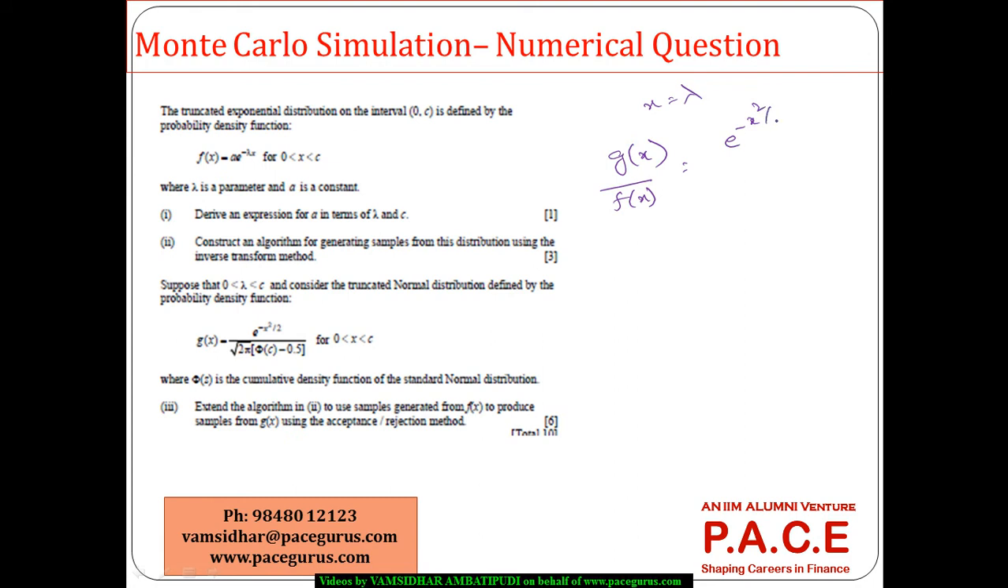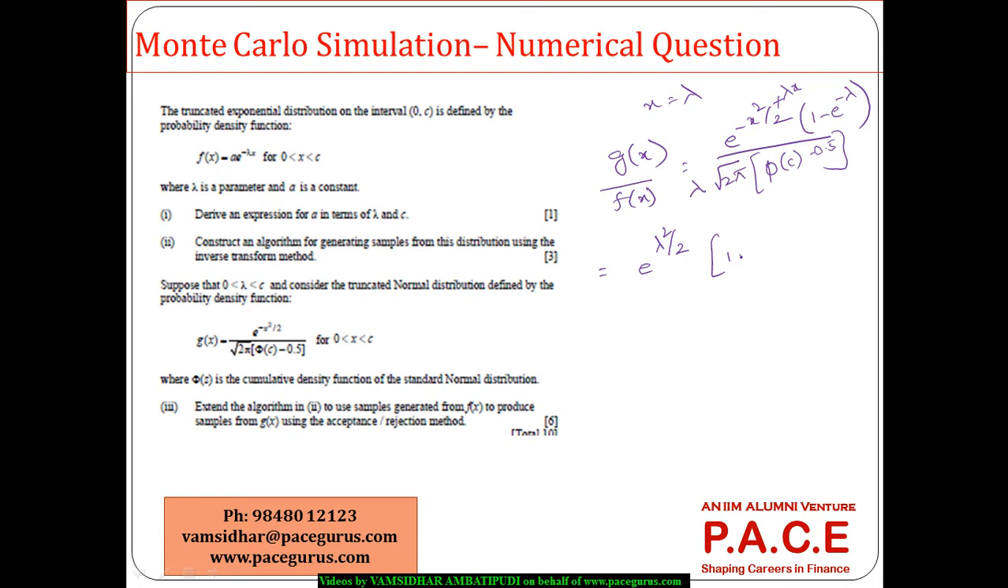e power minus x squared by 2 divided by square root of 2 pi times phi of c minus 0.5, and by f of x, a e power minus lambda x. So a is already known, lambda by 1 minus e power minus lambda, e power minus lambda x, probably here it is going out to e power plus lambda x. Now I'll substitute x equal to lambda. So that is where the maximum is coming out, which means it is nothing but e power minus lambda squared by 2 plus lambda squared. So e power lambda squared by 2